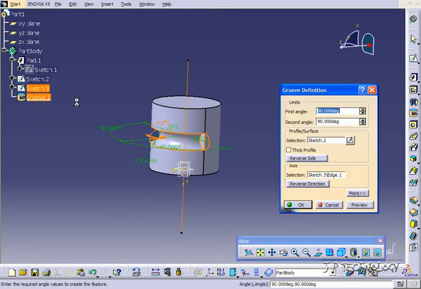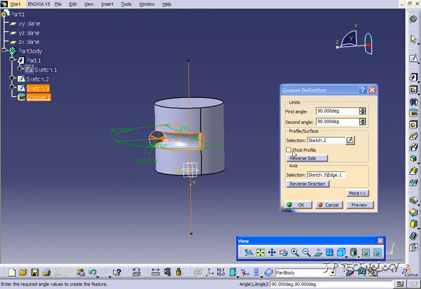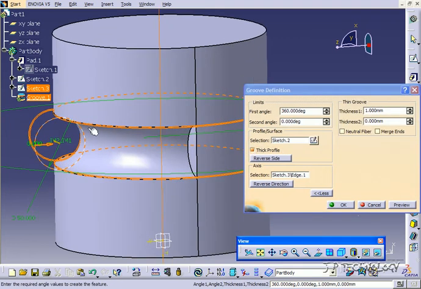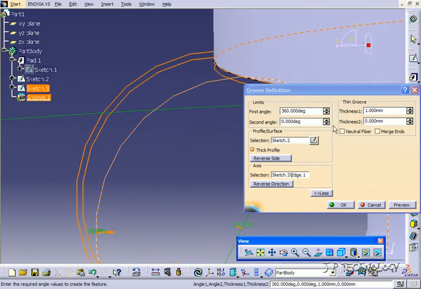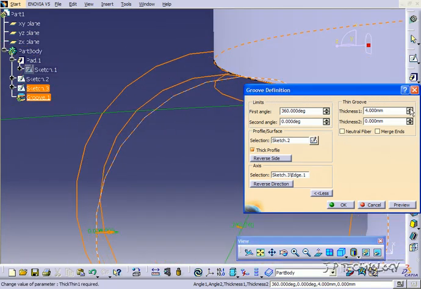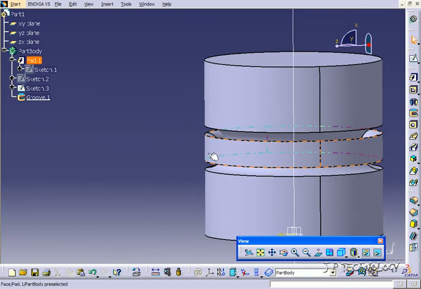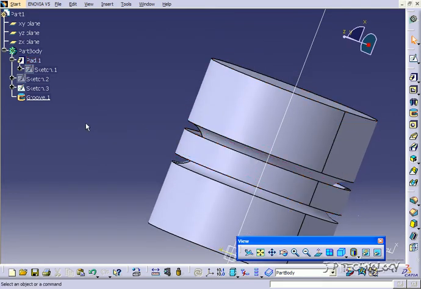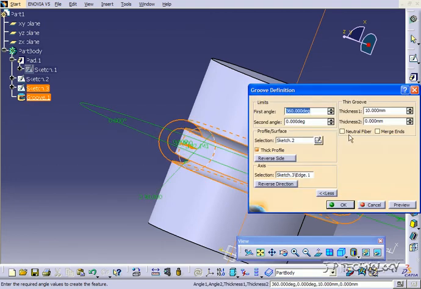Now let's double click on the groove again, and let's make it go 360 for the first angle and 0 for the second. And what we're going to do is create a thick profile. So let's click thick. And just like the other times, if you zoom into the sketch you made, you can see as you increase the thickness, it's going to increase the cut. So let's make this 10. Click OK. And now we can see that we've cut a groove around with the thickness tool with a thickness of 10. Now let's go into it one more time, and let's take off thick,